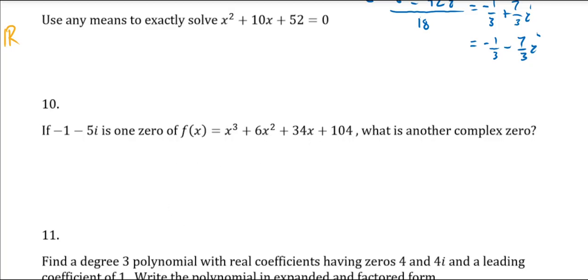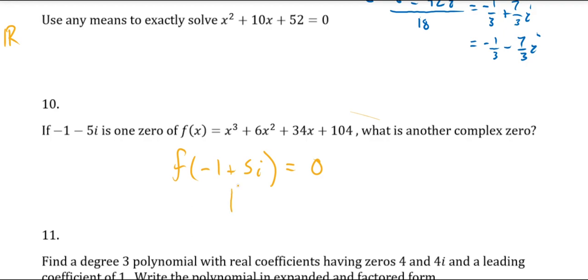So, for example, problem 10 says, if this is a zero, what other zero does it have? Well, certainly then f of minus 1 plus 5i will also be zero. We must know that the complex conjugate is another zero because that's actually going to let us reduce a polynomial or factor this polynomial by a degree 2 polynomial rather than just a degree 1 polynomial if I'm given a complex root. It's better to be given a complex root. We can reduce that polynomial even more